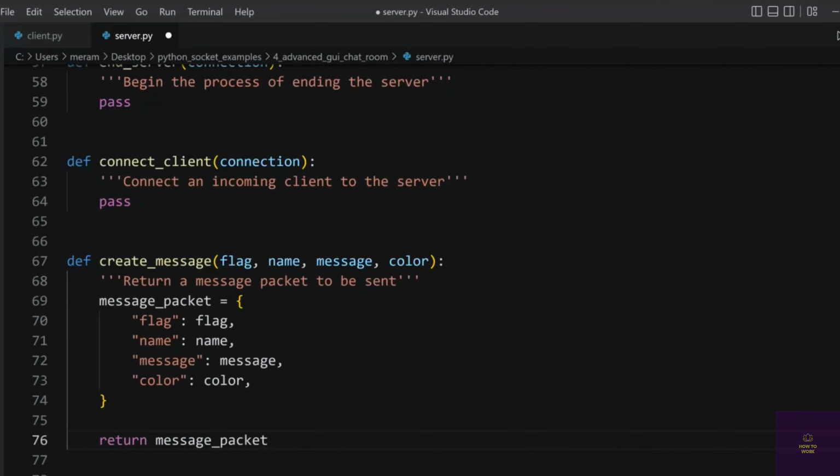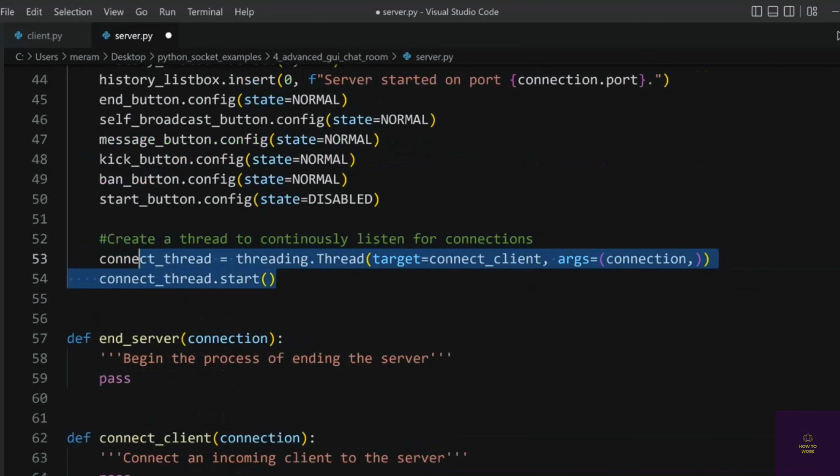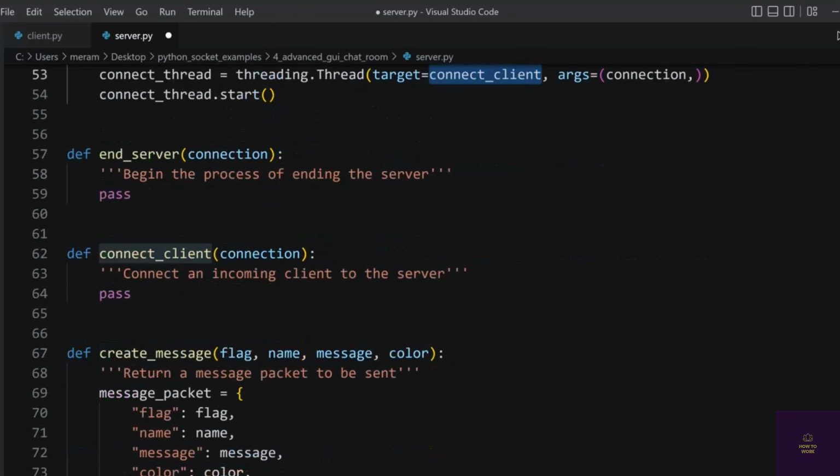Let's work on connecting our clients to our server. When we start our server, we're running a thread that's continuously listening for incoming connections, and it's targeting the connect client function. So we've got to go over and write this. Now, we're calling this thread only once, which means I want to always be listening for clients connecting. So in my connect client function, I'm going to run this using an infinite while loop. So I'll say while true,